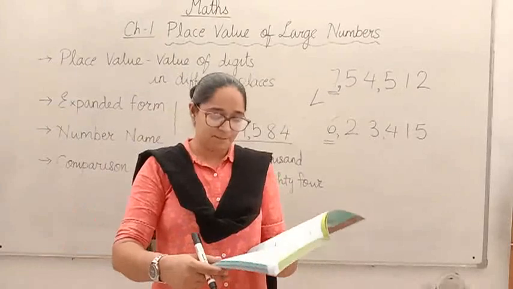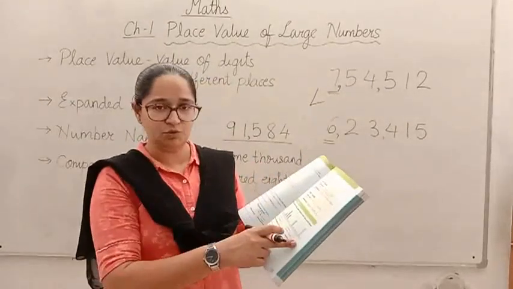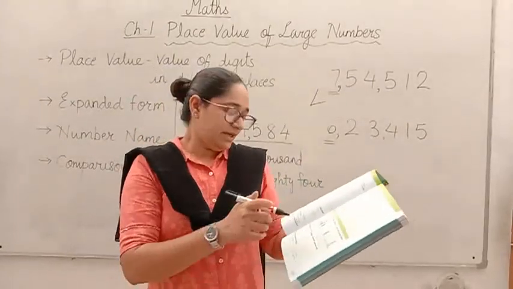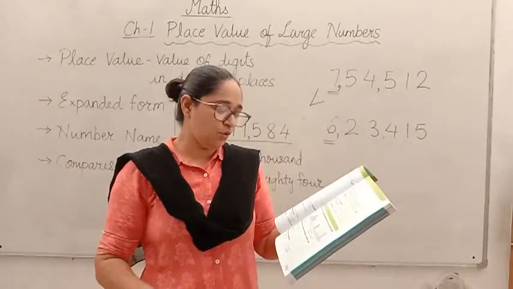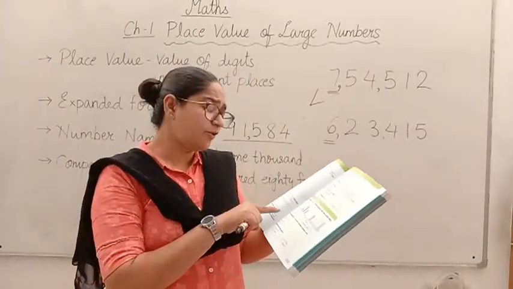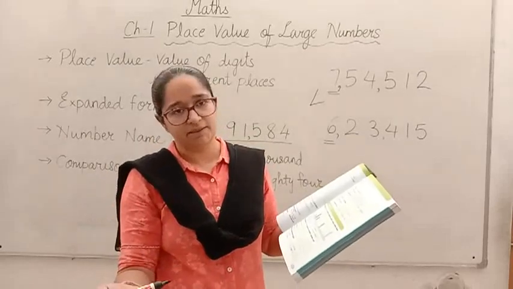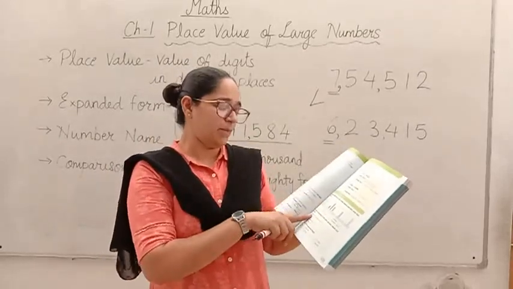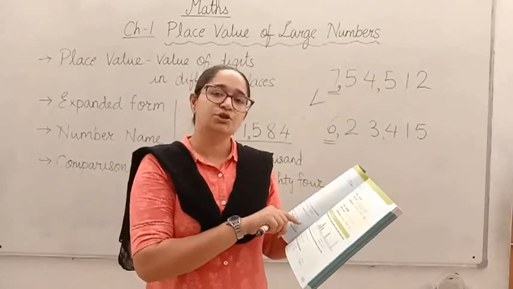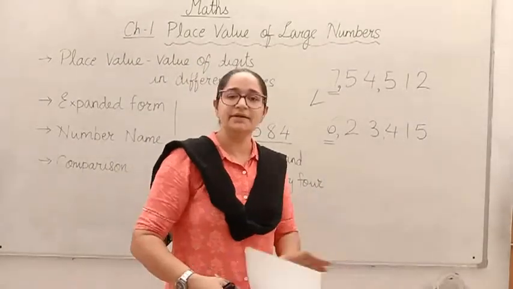So in this way I want you to do the next two. Okay. Then there is question number 2, wherein you have been given number name and you have to write the number for it. So please do this question number 1 and question number 2. Okay. Then we'll continue for question number